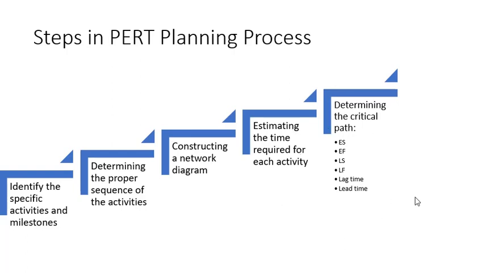Right? I will repeat it for you again. ES is the earliest start time, that is the earliest possible point to start a particular activity. EF, that is early finish, is the earliest possible time to complete the activity. Latest start is the latest or last point of time to start an activity, and latest finish is the latest or last point of time to complete the activity. Then we have lag time. Lag time means if an activity is running 10 days late, or will be completed after 10 days, so that will be referred to as lag time.